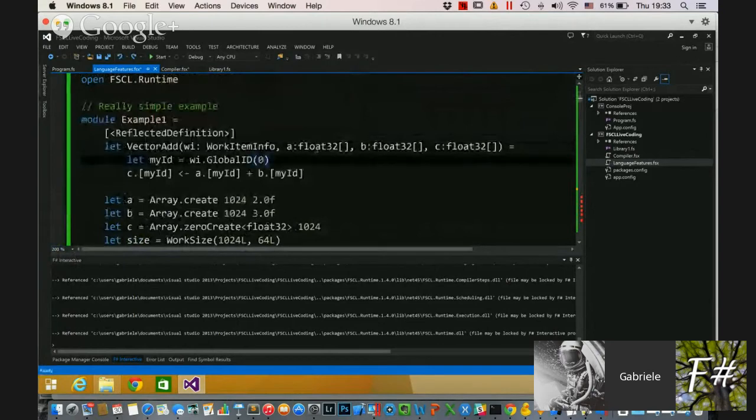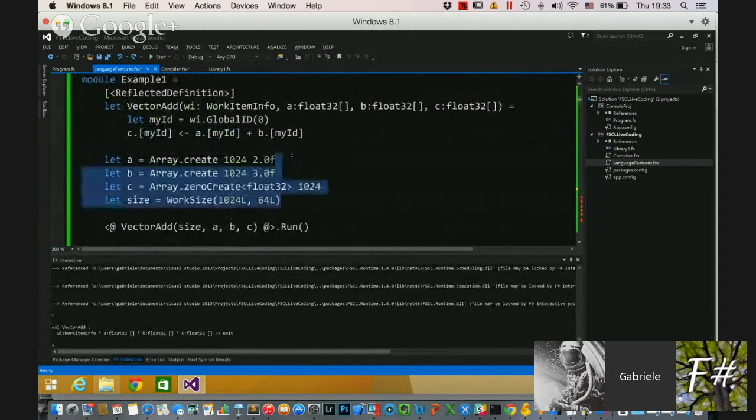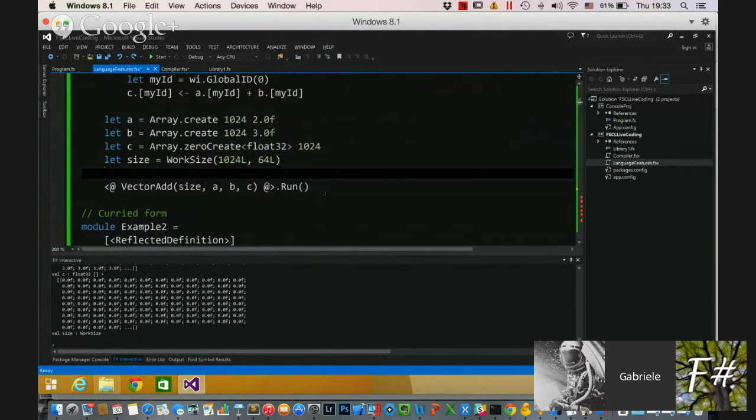Okay, here again we have a vector addition. Really, really simple. And we create arguments as before. But instead of creating a compiler, and instead of compiling these, we run it. And how to run it? This is really the entire host code in this case, which is really short if compared to the general OpenCL host code. So the only thing that we have to do is to call run, which is an extension